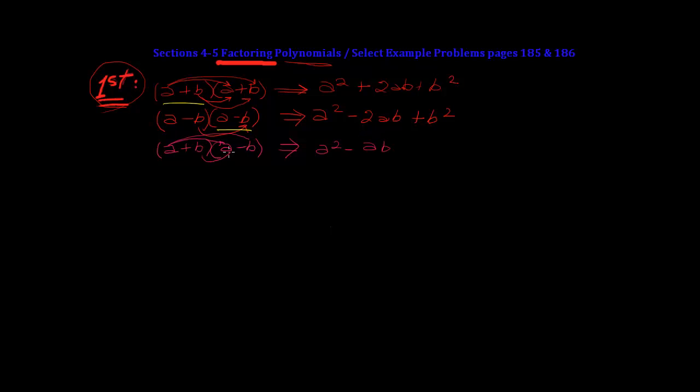We do the middle one here and we get a positive ab, and we do the last one and we get negative b squared. Now that simplifies because these two terms drop out to a squared minus b squared,